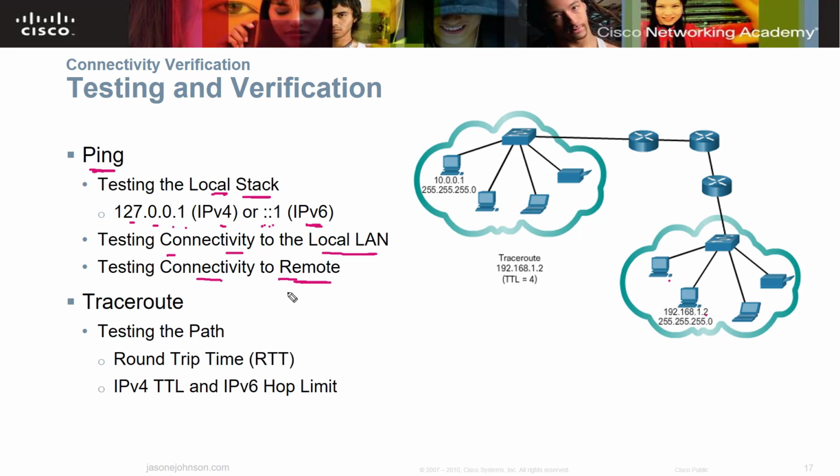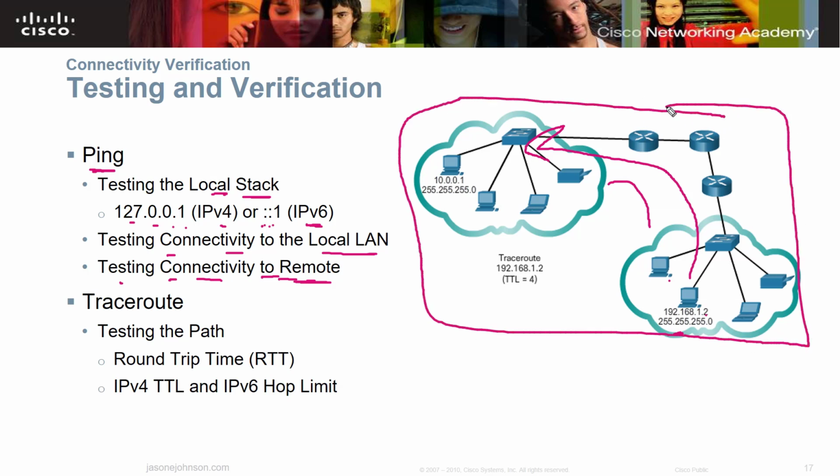And then you can also test your connectivity to a remote. So what I would do is from here, I would ping 10.0.0.1, and it would route that through and say, okay, yeah, that's available for me. If it goes out to the internet, it won't be routable and it won't be testable. But if these routers are inside your organization, then it will pass it through. If it goes out to the internet, it will not route that.